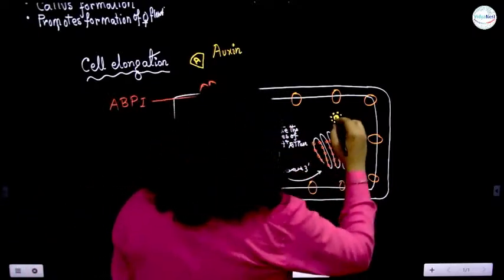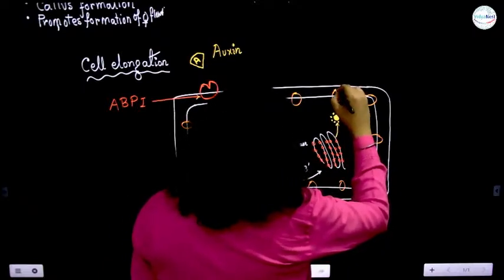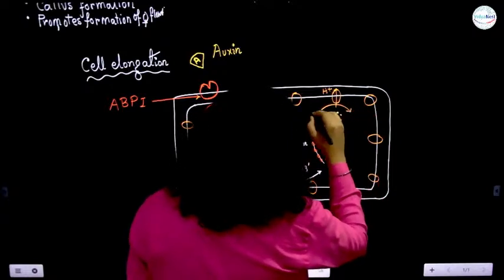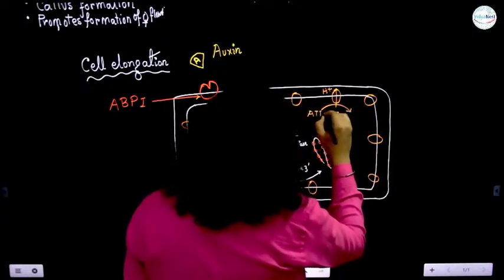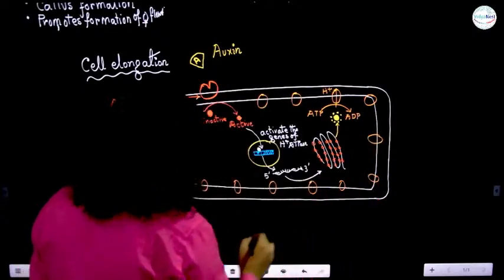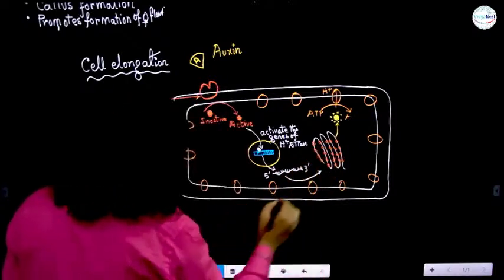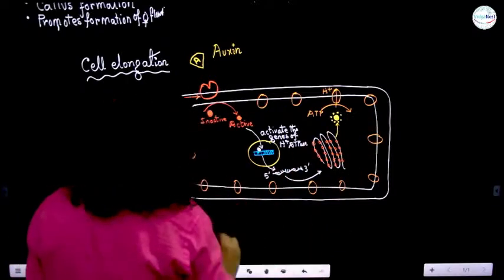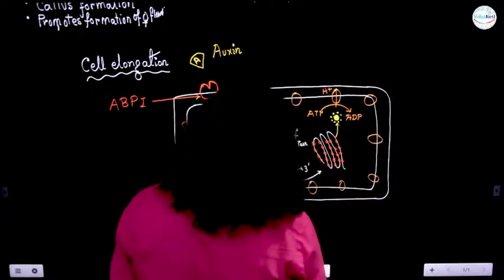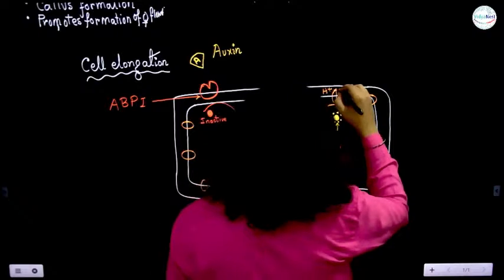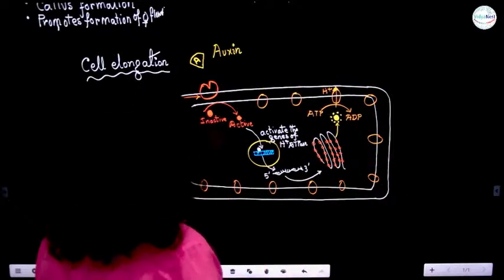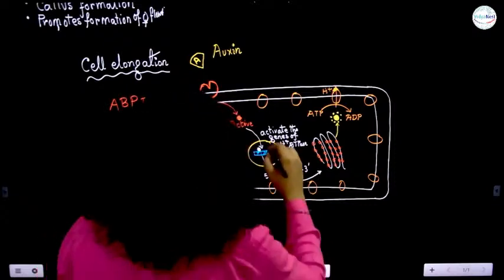As this will go and bind with the cell membrane, it is going to pump out H plus ion over here by breakdown of ATP to ADP. In this way, H plus ion will be pumped over here. Right? So if H plus ion concentration increases over here,